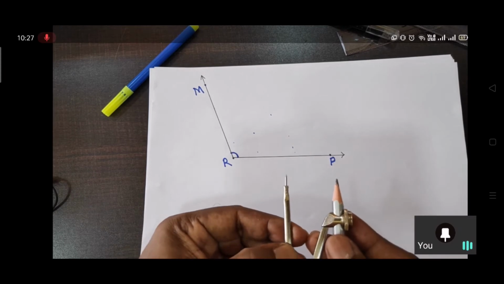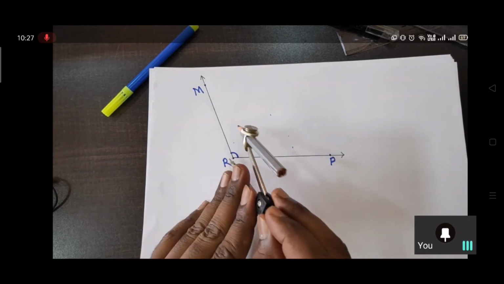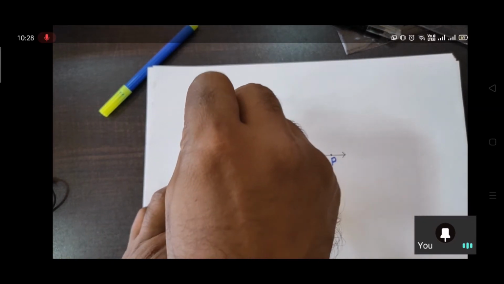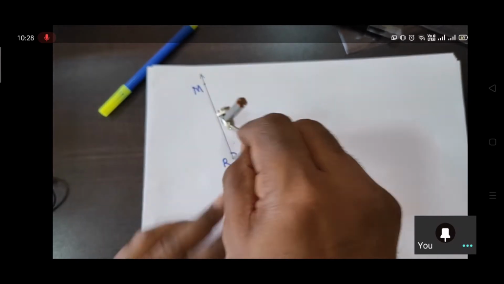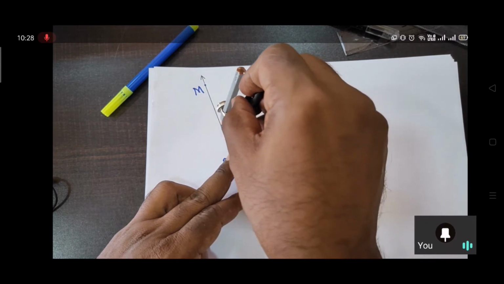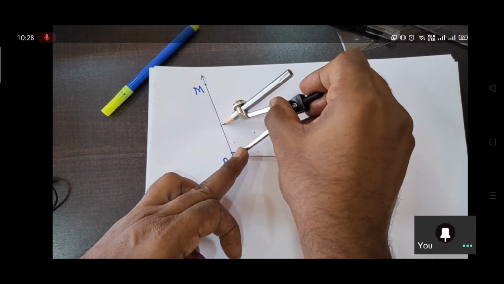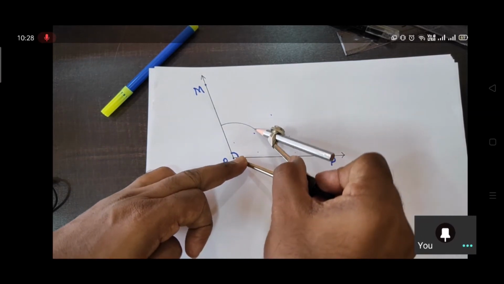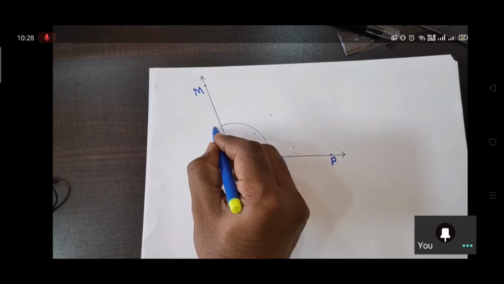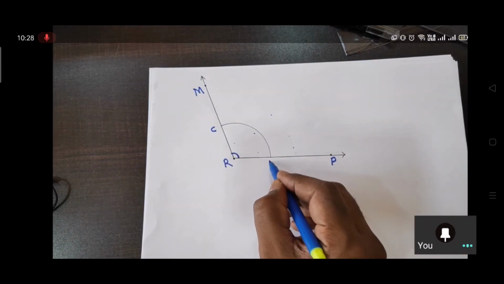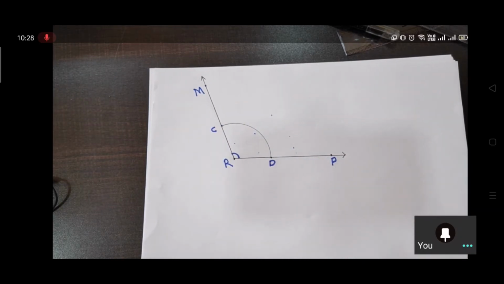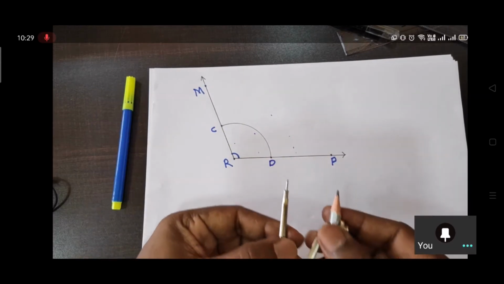So I am taking this much, and the first step I said is you have to keep the pencil on one side, one arm. Don't cross here, don't cross like this. It should start from here. I'm trying to show you in this way. Once you have drawn, always keep the habit of giving names, any names, C, D. Take point C here, point D here. Only, don't repeat the points. This span we have taken.